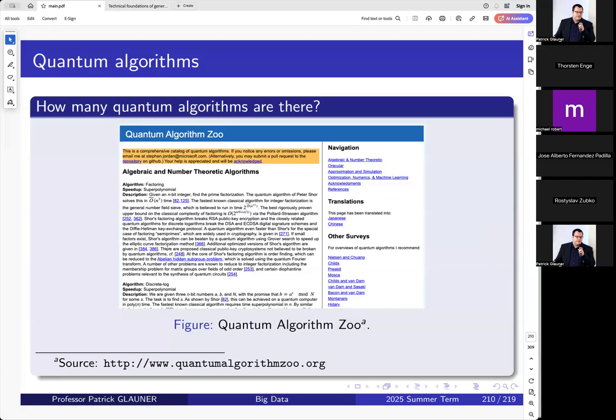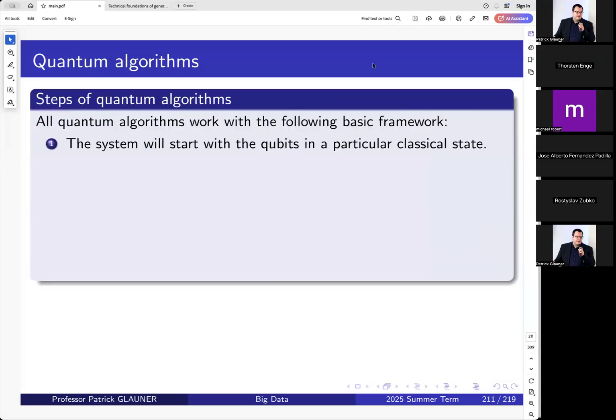Most of them are probably purely academic, solving purely academic problems that are not that relevant for real-world issues. And there are, in fact, just a few quantum algorithms that have been proposed to date that actually have real-world or useful use cases. We will study some of them now, but something that I notice is when you look at quantum algorithms and